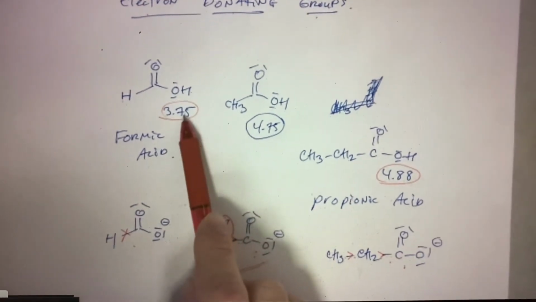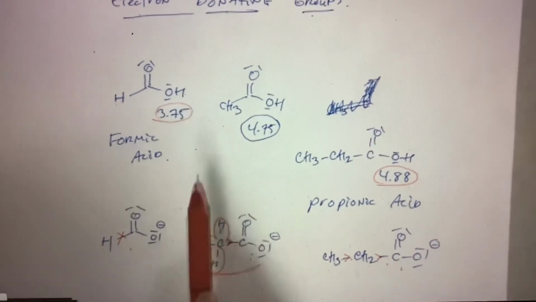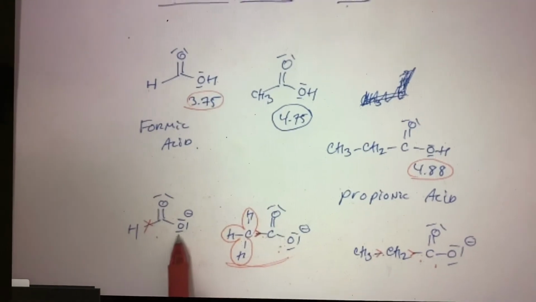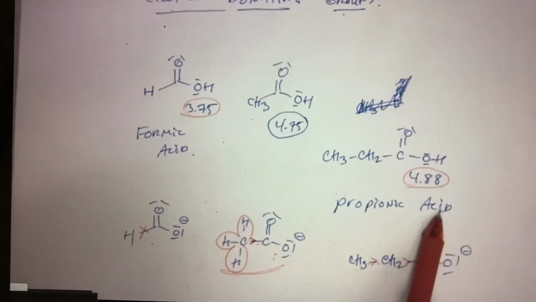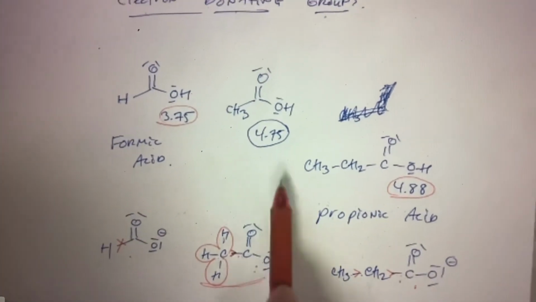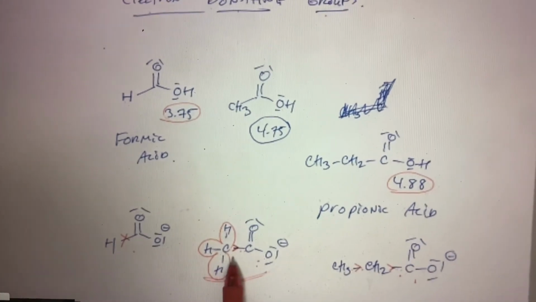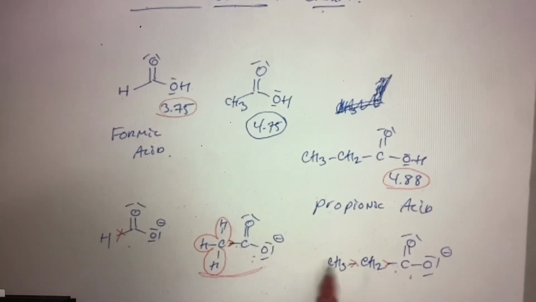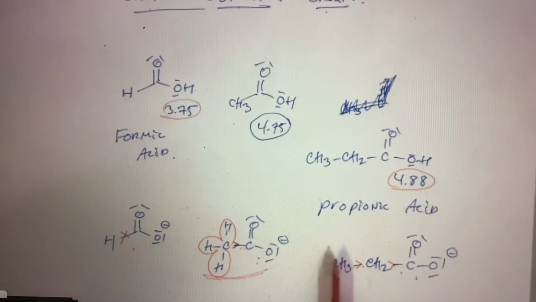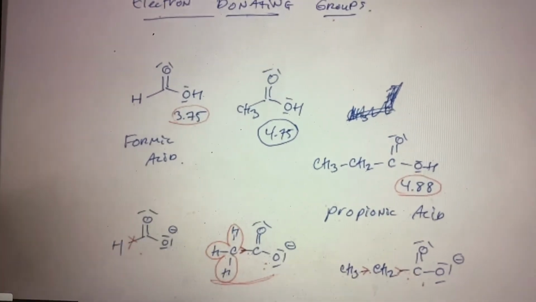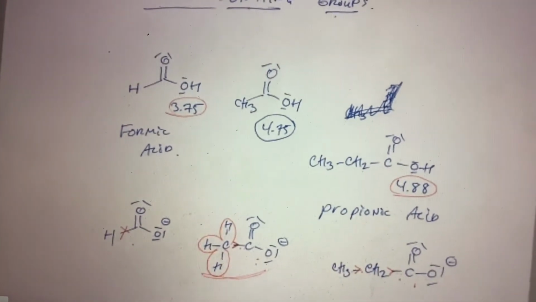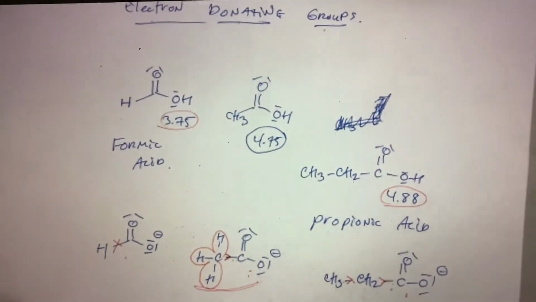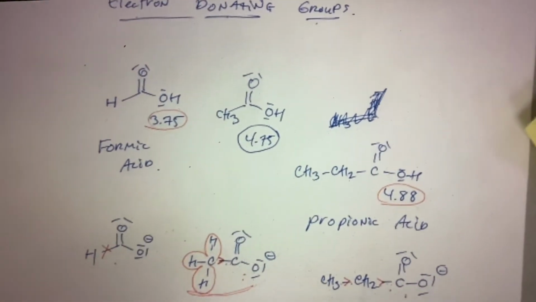This is the strongest acid. One way we can rationalize it is because its corresponding conjugate base is the most stable in this pair. This is next in line. This is more destabilized. Propionic acid with more alkyl groups, more electron density floating around here, destabilizes even further. This is where I want to stop for now. The remaining topic